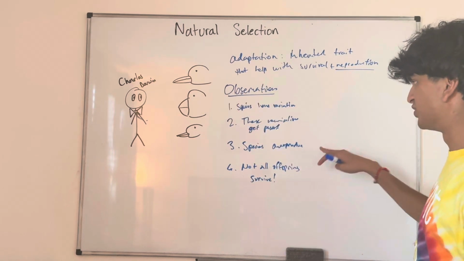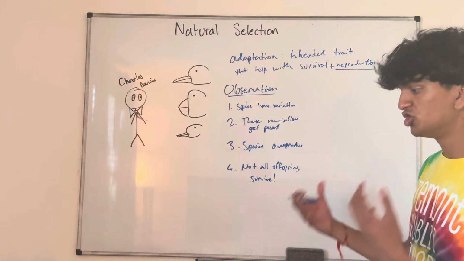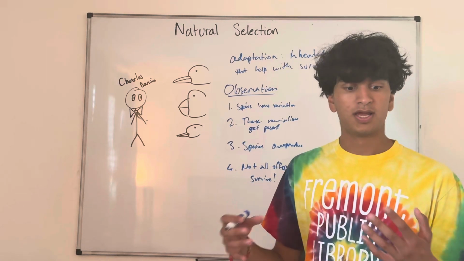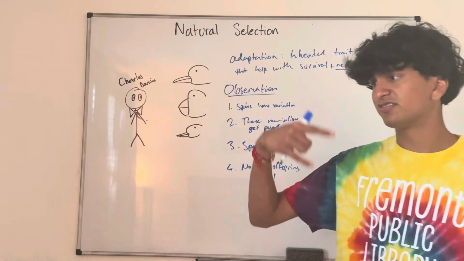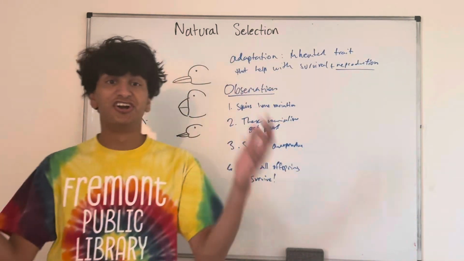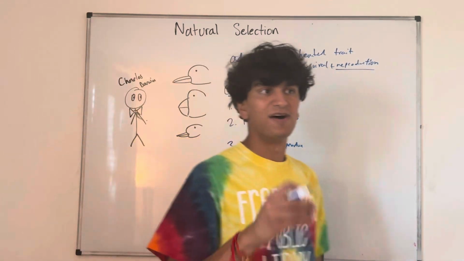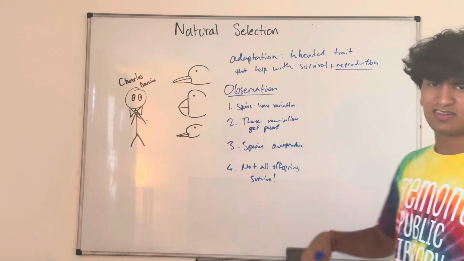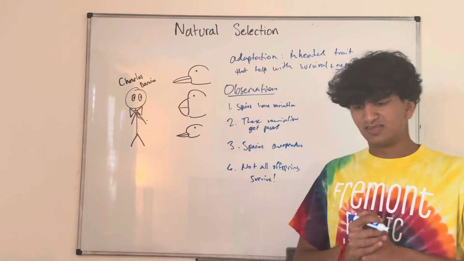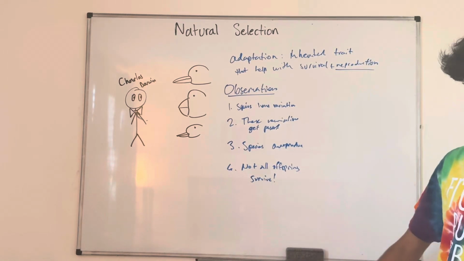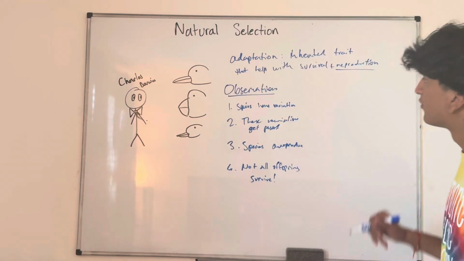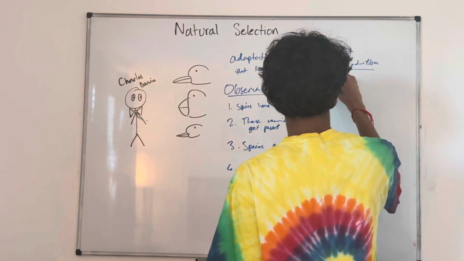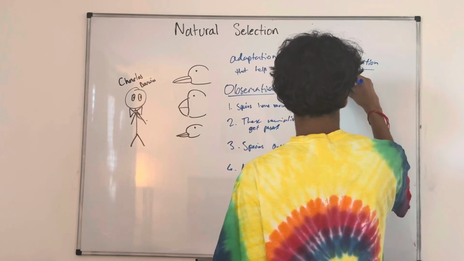If they produce just the right amount, then there would be just the right amount for them all to survive. But there are also predators, and nature is just cruel, right? So they overproduce in the hope that, out of the thousands of eggs that I may lay, at least 10 of them might go on and survive. So from these observations, he basically made a couple of inferences.